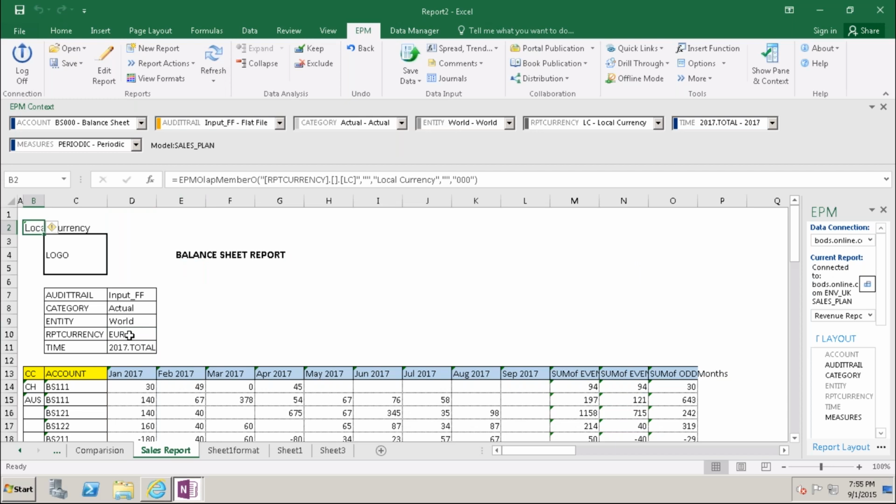Something by select member, it needs to be taken from P2.